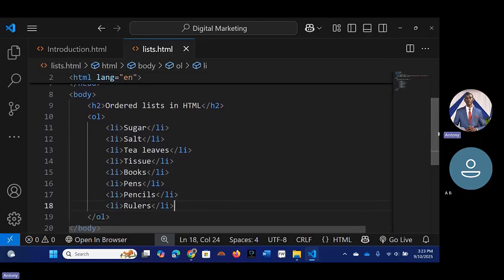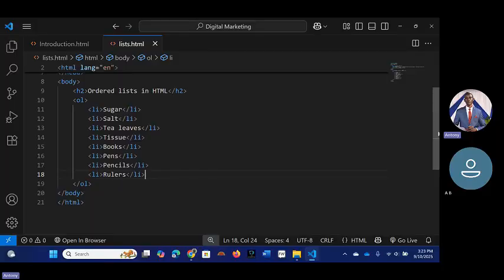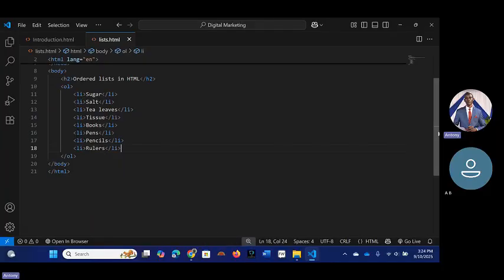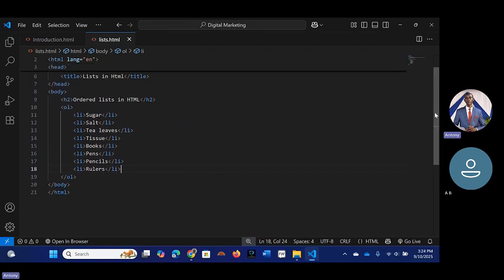So we are just going to add another list that is unordered. This one is a numbered list, like 1, 2, 3, 4. So we're going to add another one that is unordered, which is bulleted. You don't add it after this. You come to the end of this tag, the closing tag for the ordered list, this one here. At the end of this closing tag, you come there and then you press enter.